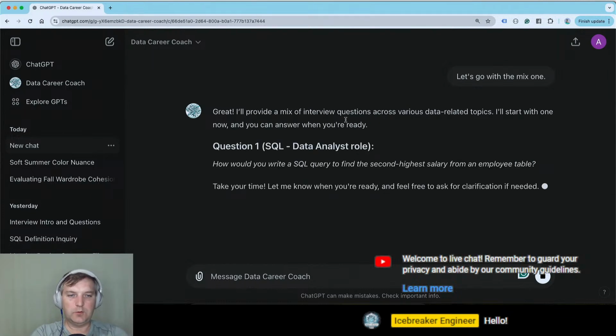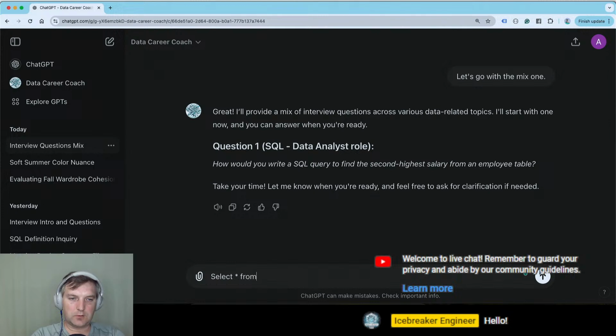Okay, so the SQL. How would you write the SQL query to find the second highest salary from the employee table? Take your time. Okay, so I think this one is easy, right?